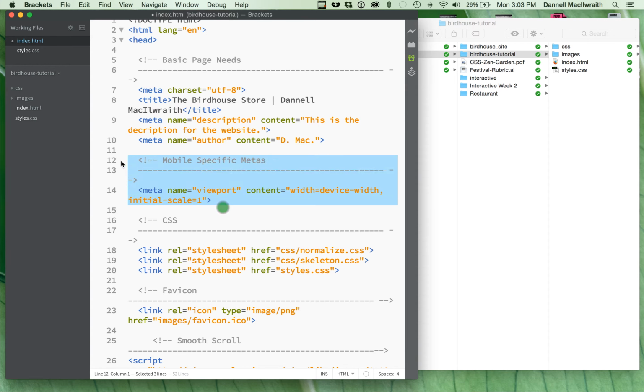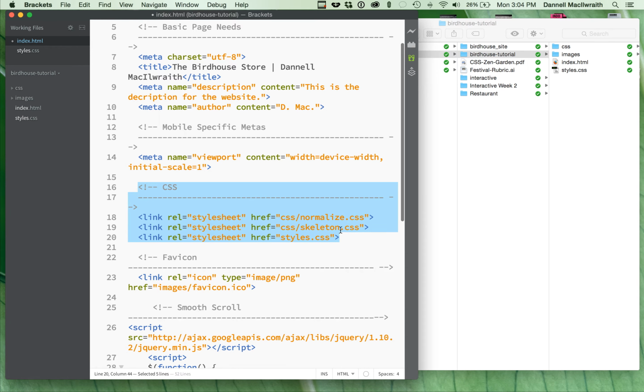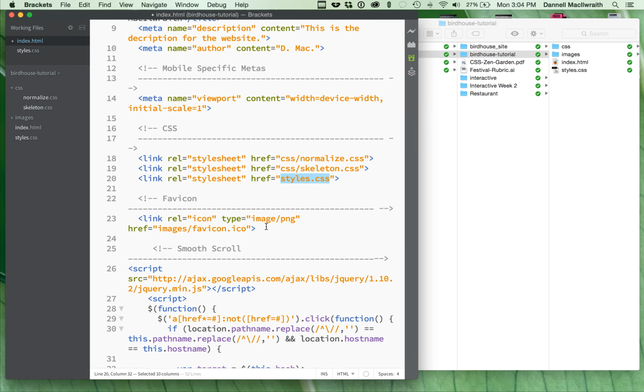As we're going down here, we're starting to get ready to work into mobile, which we will be doing at some point. Here I have my CSS already linked. So I have 2 resets that are already linked up. You can see here it's looking for a file in the CSS folder. And there it is, normalize and skeleton. And then it's looking for my styles.css in my root folder, which is right here. So everything's linked accordingly. Here's my fave icon. It's looking in my images folder for my fave icon,